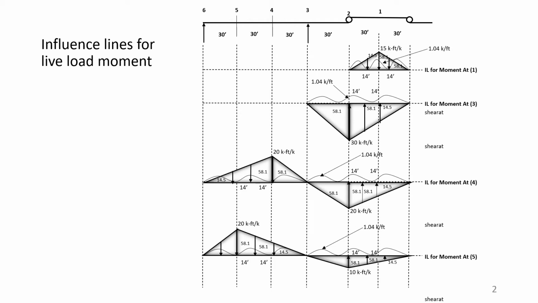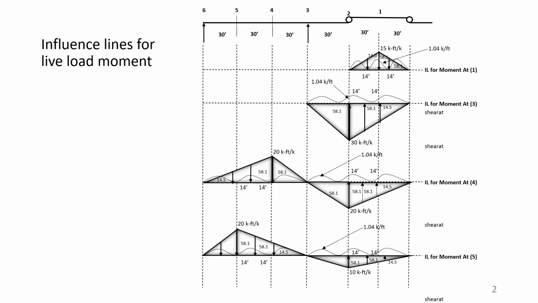At point 4, if we put the load at point 4, then the reaction is 2/3. And now, again for the cantilever part, if we put the load at the cantilever portion,